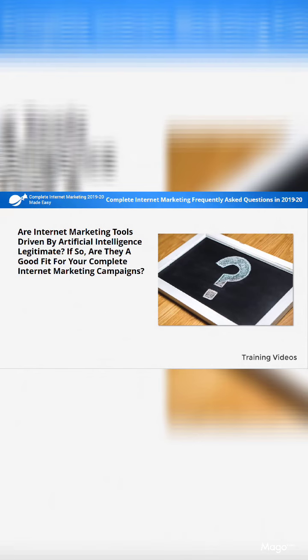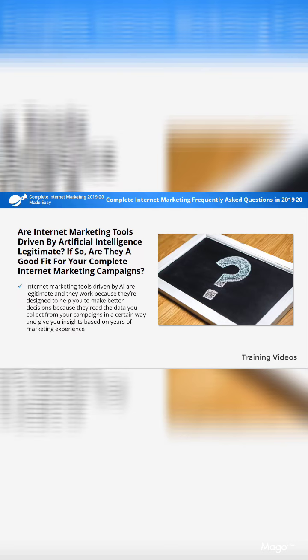Are internet marketing tools driven by artificial intelligence legitimate? If so, are they a good fit for your complete internet marketing campaigns? Internet marketing tools driven by AI are legitimate, and they work because they're designed to help you to make better decisions, because they read the data you collect from your campaigns in a certain way and give you insights based on years of marketing experience. The problem is that many companies use the term AI as a buzzword to promote their products. A good AI-driven marketing tool can analyze the sentiment expressed by your audience to help you pick the best topics and voice